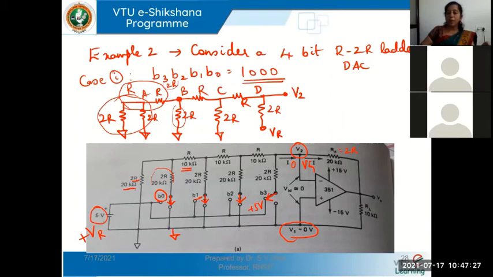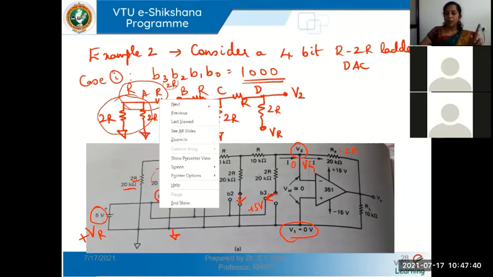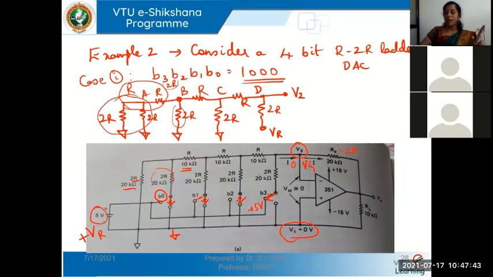Again 2R would be in parallel with 2R, which will reduce to R. That R in series with R will be 2R. Again at point C we'll analyze 2R and 2R in parallel, which would be R. Then R in series with this R is 2R. So in effect, you may see a resistance 2R connected from point D to the left to the ground and another resistance of value 2R which is connected to VR. So this is the circuit you may notice at the point D.